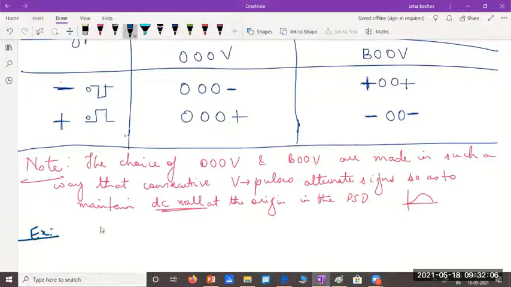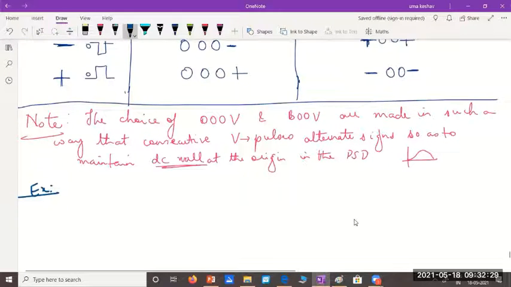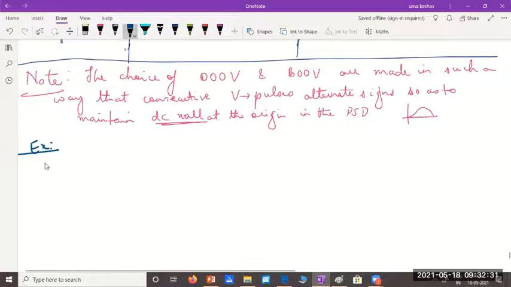Ma'am, in the above sentence, you told B as binary 1, but here we are writing it as plus and minus pulses, positive and negative pulses. Yes, the binary one in a bipolar scheme can be positive or negative, right? Yes, got it. It will be either of them. It need not always be of one state. Okay. Let's take an example here.